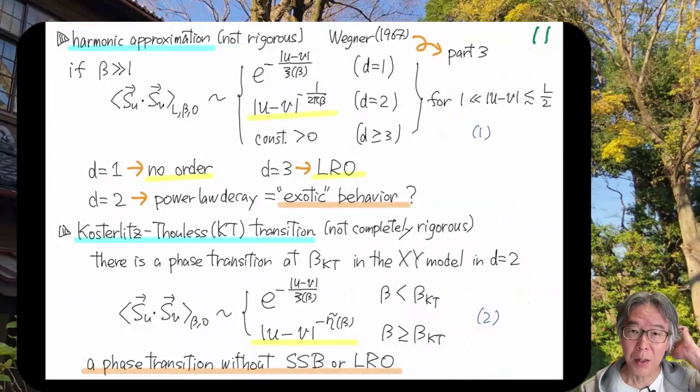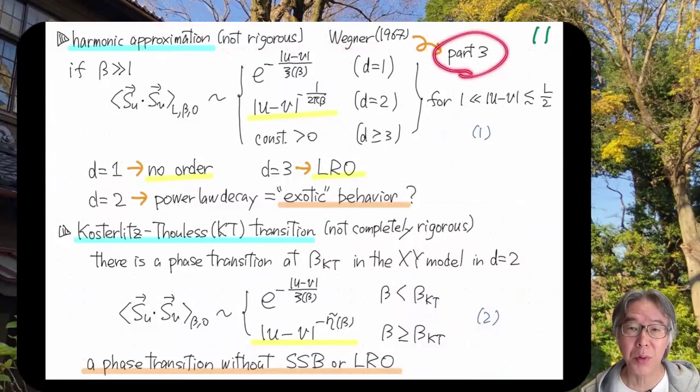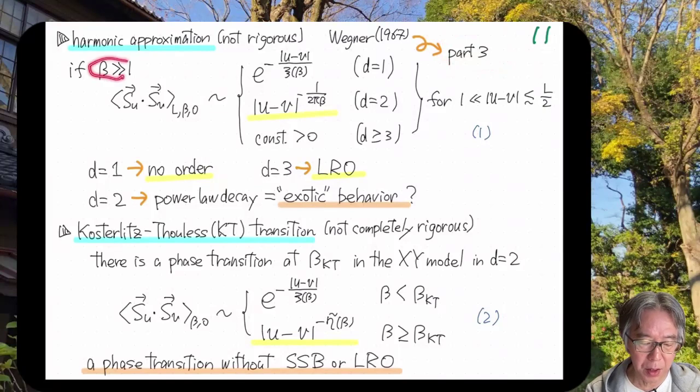Okay, so now let me discuss an approximate result, which is called the harmonic approximation, which is, of course, not rigorous. It's called an approximation, and it's due to Franz Wegner. Okay, and we are going to discuss this approximation rather carefully in part 3. It will be a long part. Okay, and this approximation supposes that we are at very low temperature. Okay, beta is very large, and if you make some hand-waving assumptions,